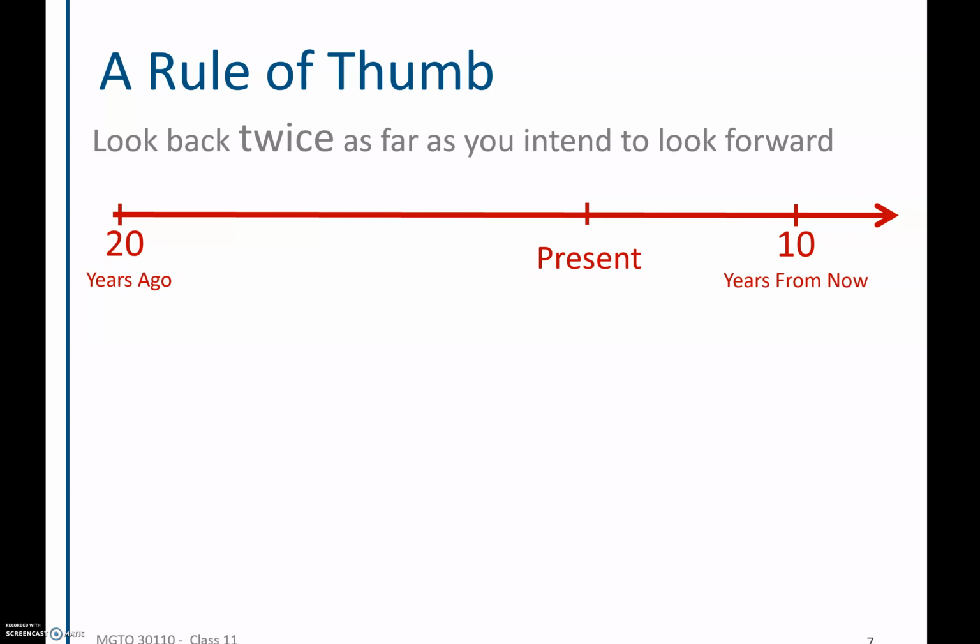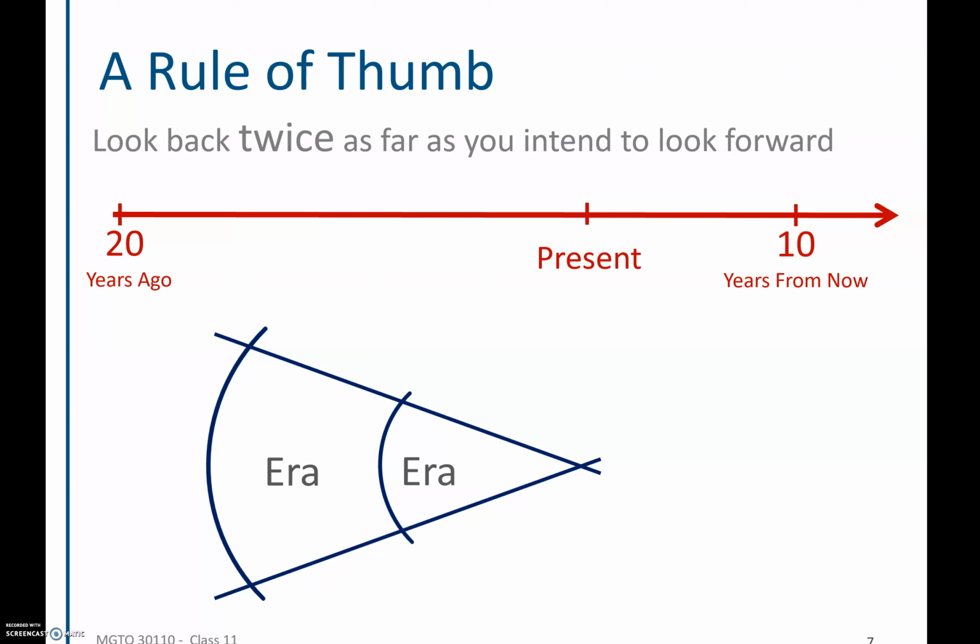Now, you're not necessarily prescribed to use 10 years, but if you're using something other than 10 years, you probably want to put a little bit of justification as to why you are, right? But if indeed you are using a 10-year time horizon, then we want to look back at least 20 years to get some context. And again, what we want to do is see how change unfolded using the forces that we've already introduced, right? That we want to have a consistent and well-aligned discussion that leads us to understand how change has unfolded, both in terms of continuous change and then disruptions that led us from one era to the